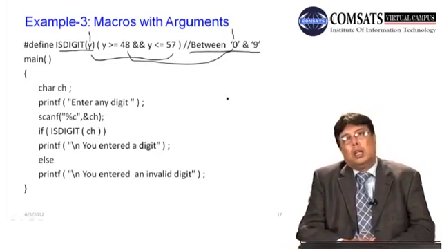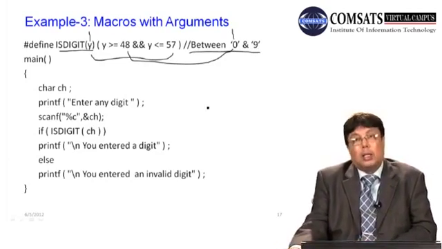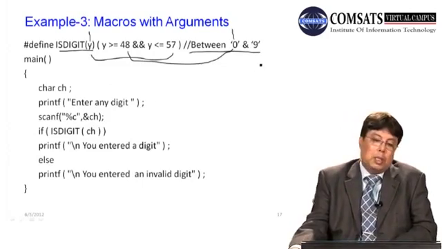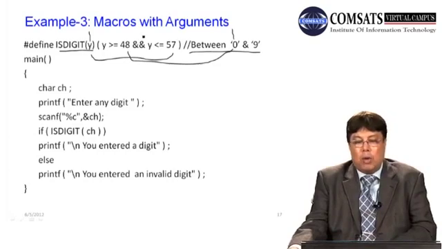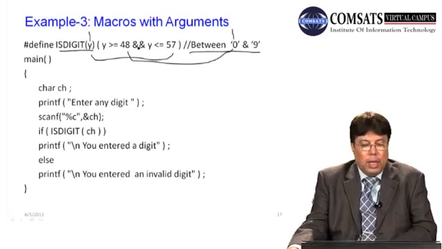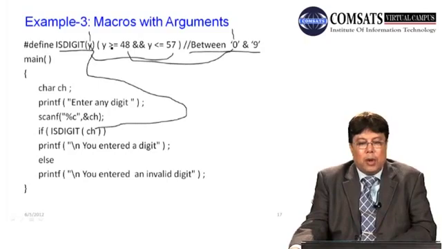Okay, so Inshallah I will teach you in some other lecture, but here the purpose is not this ASCII table, the purpose is the macro. We have demonstrated a use of macro where we have passed an argument y to our macro, which has been expanded in this macro expansion. And we have simply used it here. What did we pass here? This character we passed on, and where will this character be received? It will be received in this y, and then it will come as if you had written